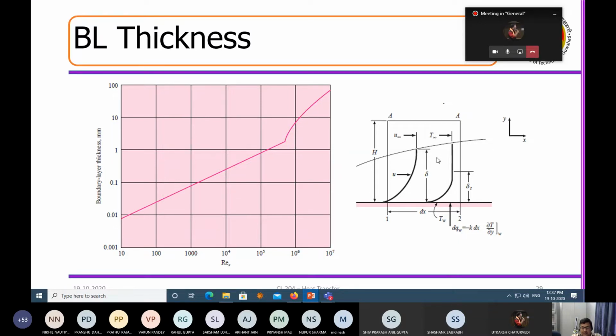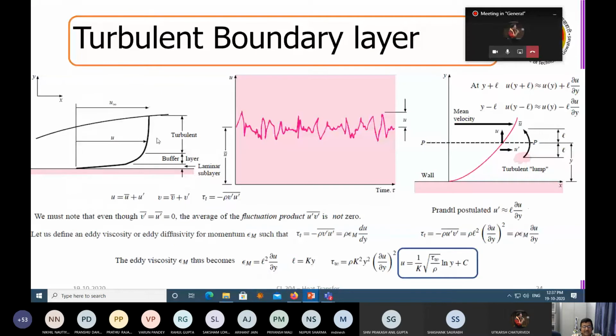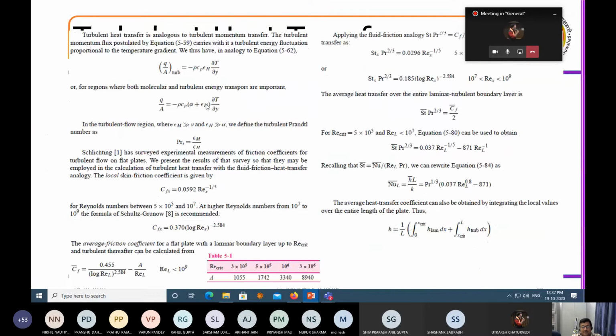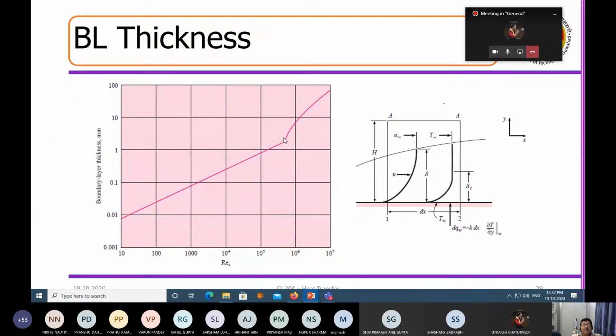As it becomes turbulent, what happens? In turbulent flow, a lot of influence is coming from here, but this particular portion keeps increasing as the boundary layer becomes turbulent, whereas the laminar sublayer keeps shrinking as the turbulent boundary layer increases. So why does the heat transfer coefficient reduce? Because the boundary layer thickness increases. And the moment the boundary layer thickness increases, and if you have less turbulence there, what will happen?